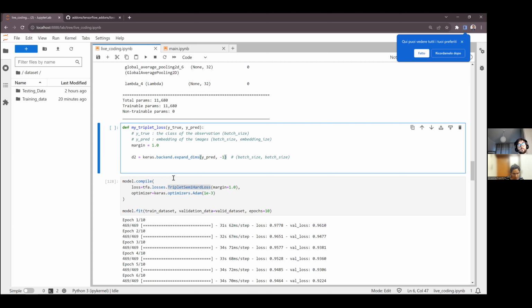At the same time, let's say this is the first embedding, and this will be of shape batch size, embedding size, 1.